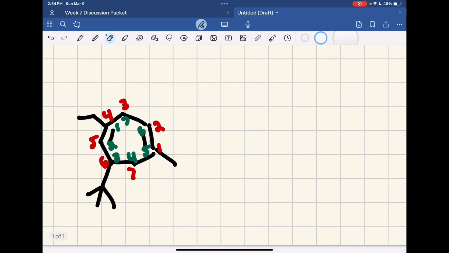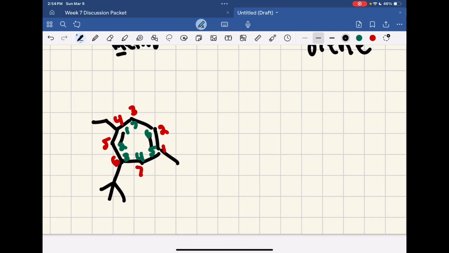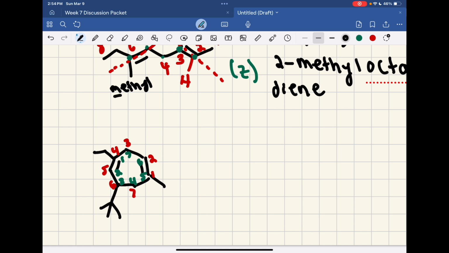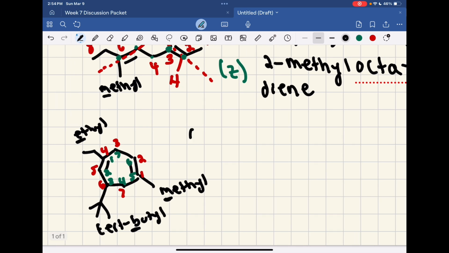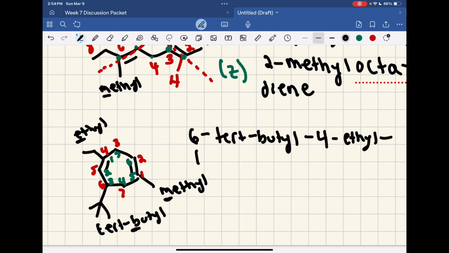Okay, so I can't really erase in here, so I'm just going to leave it the way it is. But let's do that. So what are our common groups? Well, this is a tert-butyl, so by the B. This is a methyl by the M. And this is an ethyl with an E. So I think it's kind of obvious how to do this. This would be 6-tert-butyl, 4-ethyl, 1-methyl,